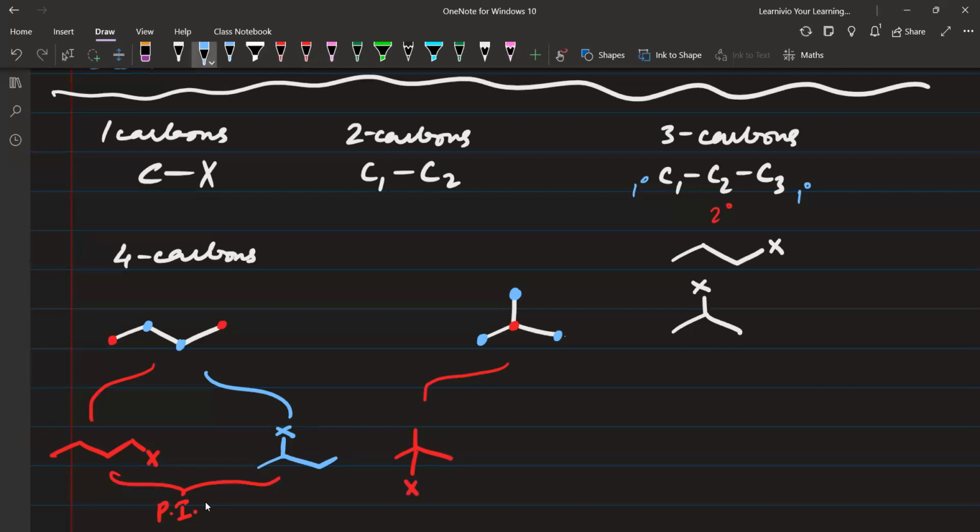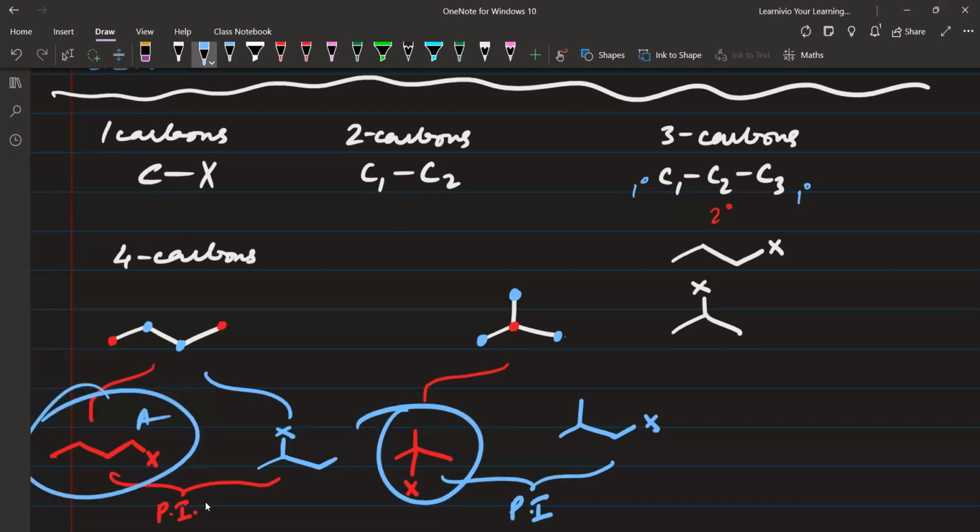But if I talk about A and this one, let's suppose A, B, C, D. A and C are chain isomers, because the chain itself is different. But once the chain is the same, then you have to look at the position. What about B and C? B and C are also chain isomers. What about B and D? B and D are also chain isomers. But what about A and B? A and B are position isomers. Does this make sense? Yes or no? Please tell me.